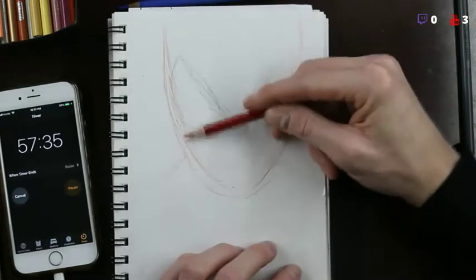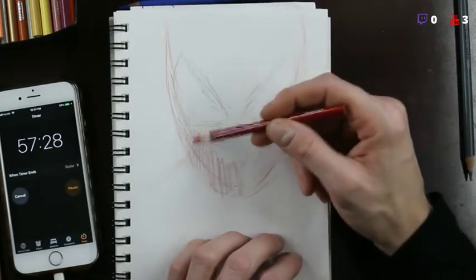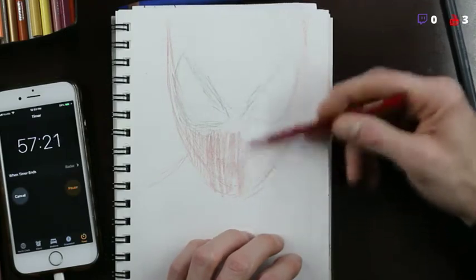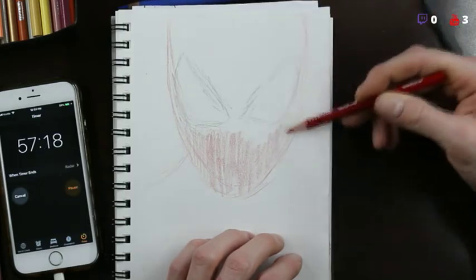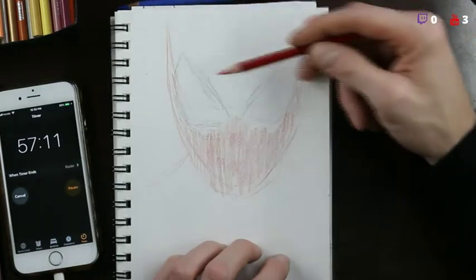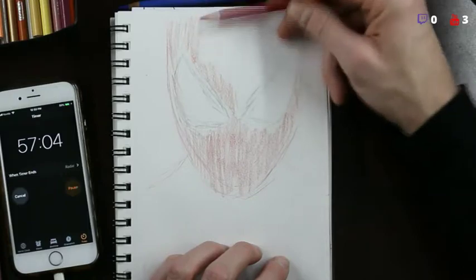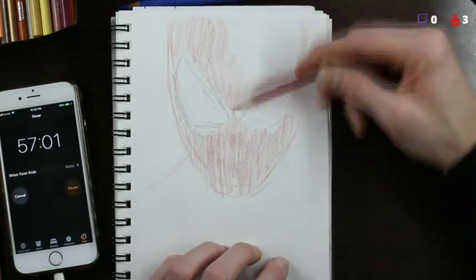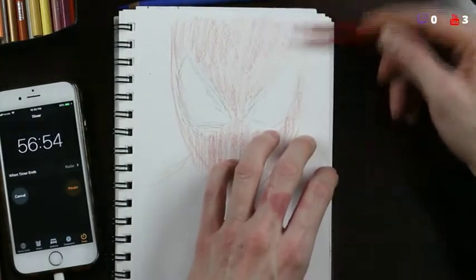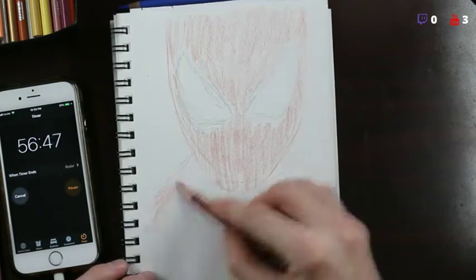Okay, now what I'm going to do is, it scares me how short this red is. I wish this red was a lot longer than it currently is. So let's see. I'm going to start coloring in basically his mouth section here. I'm going to go a little bit lighter at first, just because I'm still not 100% sure where everything needs to be. Plus it's nice, because then I can use different colors to create highlights and different tones and stuff like that. This is like the average red I would consider of Spider-Man. So that's why I'm using it here. But again, if I go too dark, I won't be able to erase anything or cover anything up. So I will continue this down here